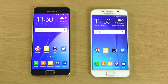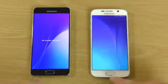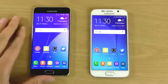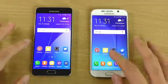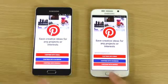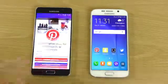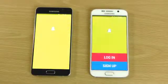So we can just start off with the day-to-day. I think we're all shut down here on both of them, both on Android 5.1.1, but Marshmallow should be coming very shortly for the Samsung handsets. So we will check that out. And the first one I think goes to the S6,